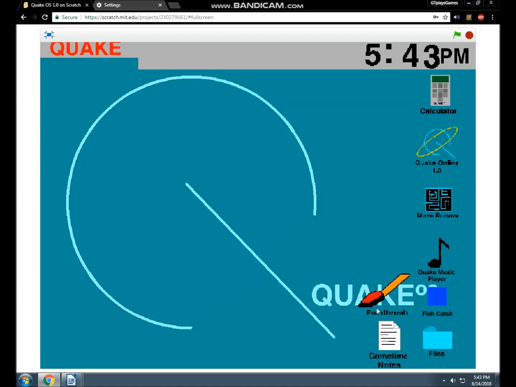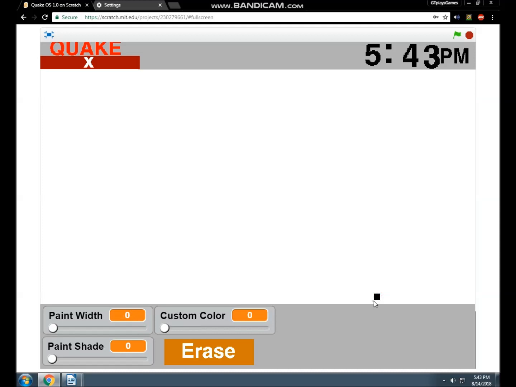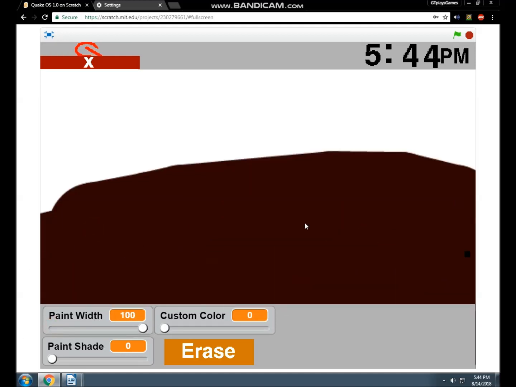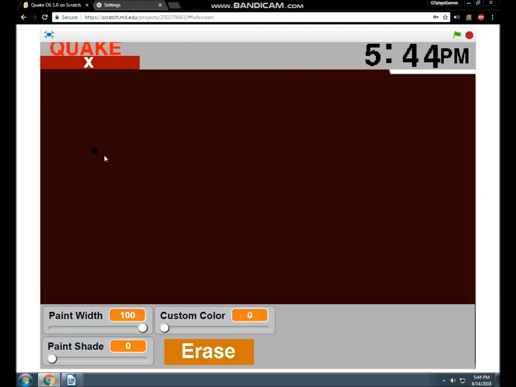All right. Anyways, Paintbrush, one of the recent programs that I worked on, it's not 100%, but it's as good as I can get it for now, unfortunately. So, like, basically how you do this, first you customize your width. So let's just go all the way up, and then as you can see, it brings up the width. Then you can bring up the shade.